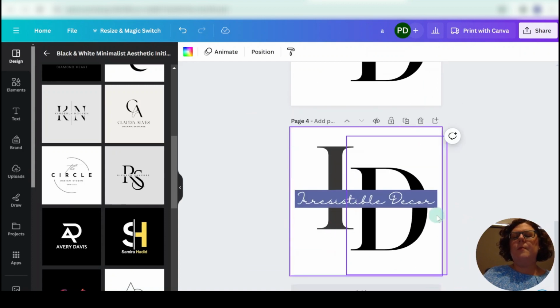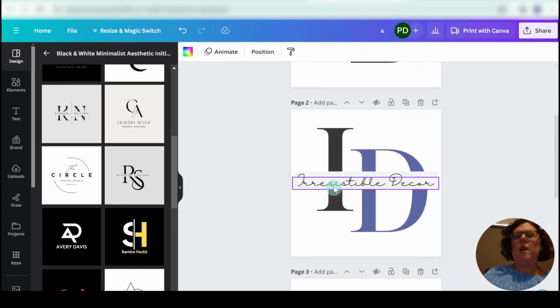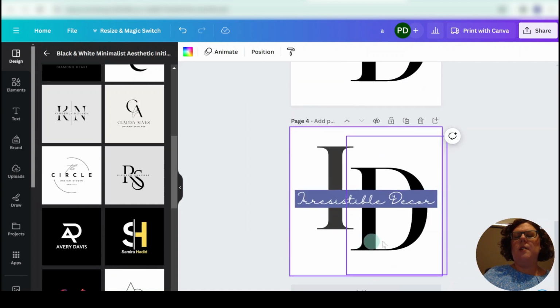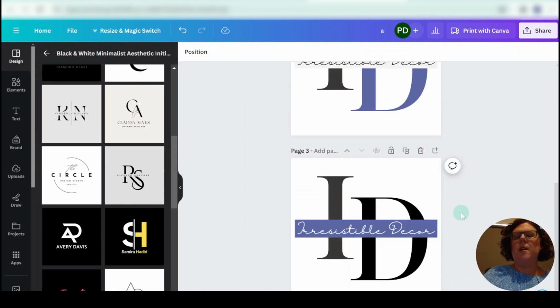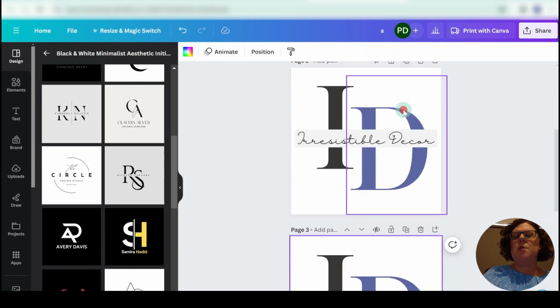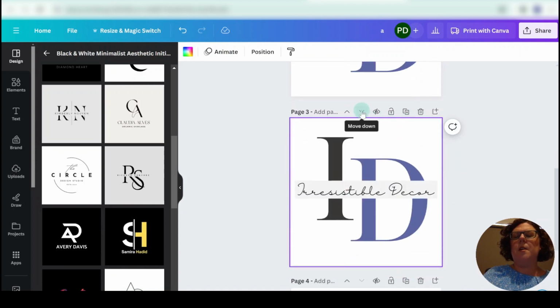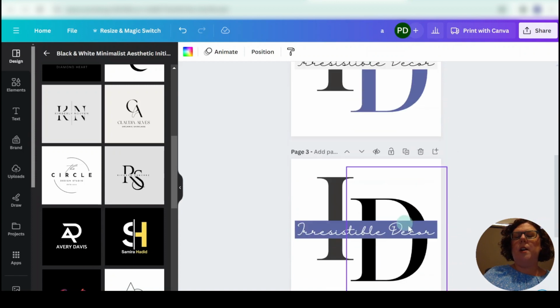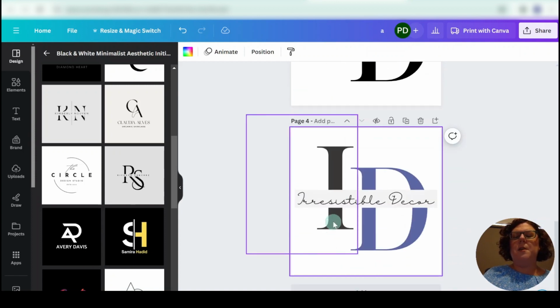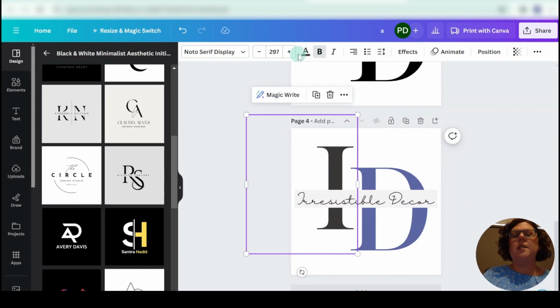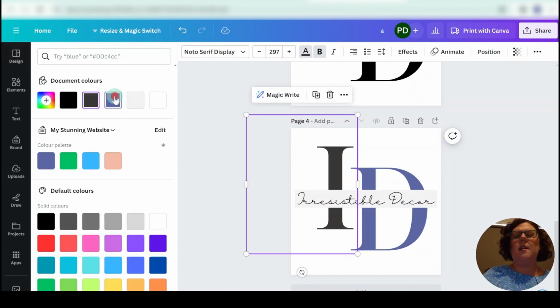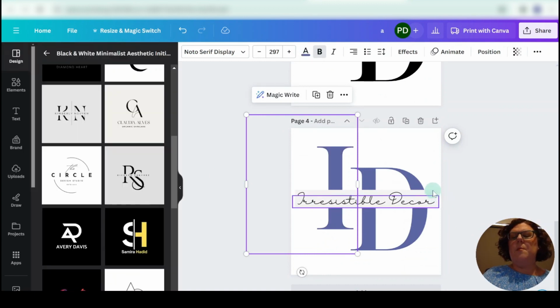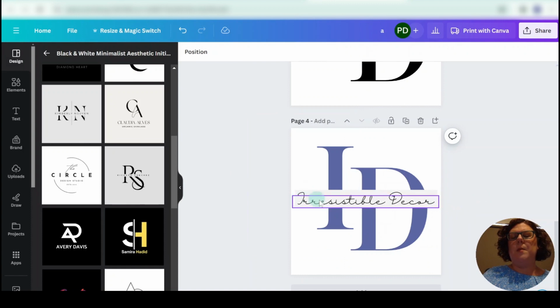Or are we going to use this one? Actually, I'm going to delete that one. We're actually going to duplicate this one here for our full color pop. Just going to move it down so we keep them together. We've got color pop 1, color pop 2. This one's going to be full color, so change this I to the same color as the D. And our background, and we're going to have the same problem here where we can't choose our grey background, so